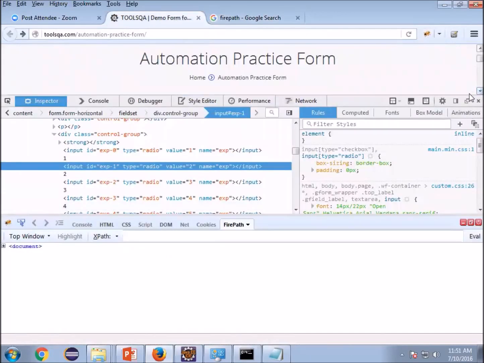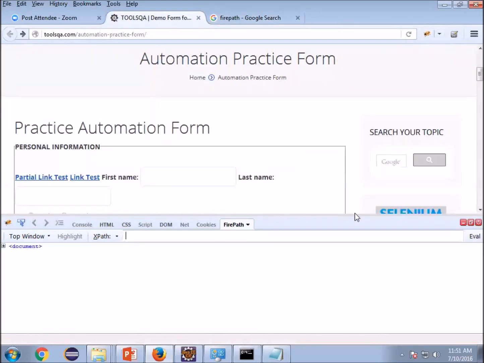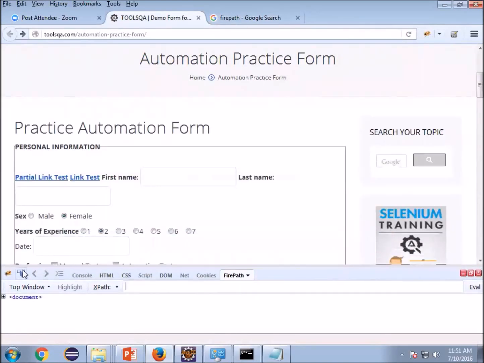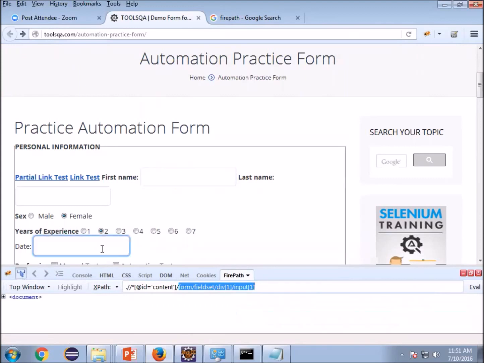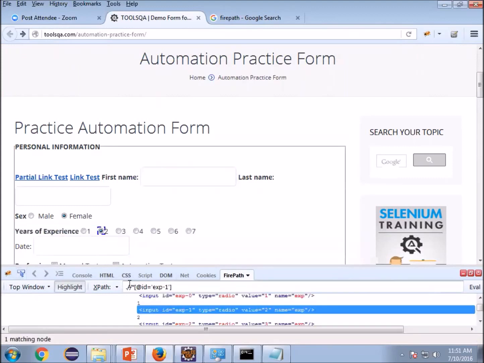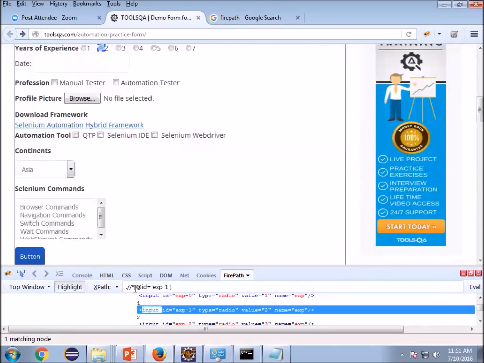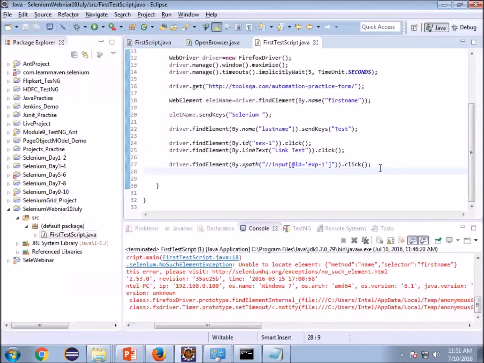With this icon, instead of using the console developer window, you can use this, and with this pie button, you can go on an element and it will give you the XPath. 99% it will give you the correct XPath. Maybe sometimes it will give you a bit longer XPath. You can edit it like how we saw. Let's see, for this I'm getting the same XPath. Here it has given star. I can write input to make it a more efficient XPath. So I have written it here.